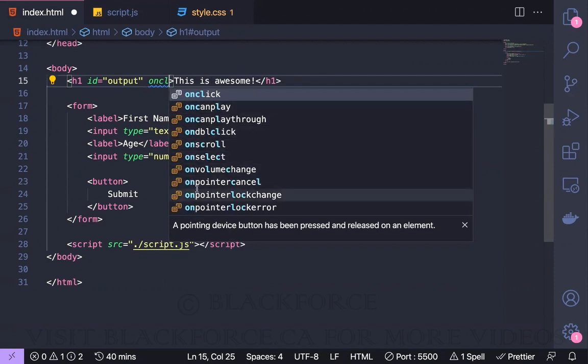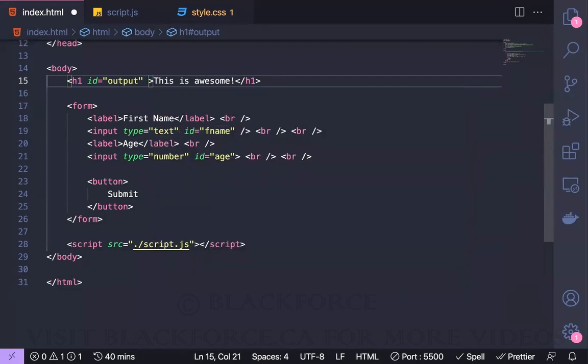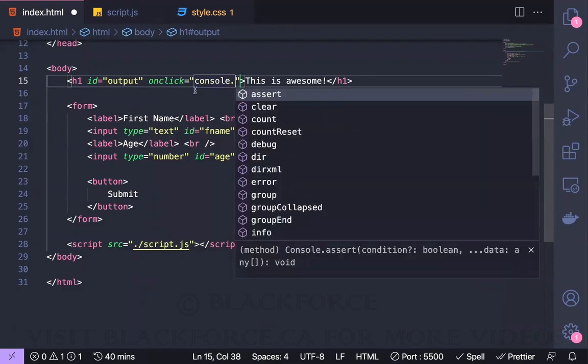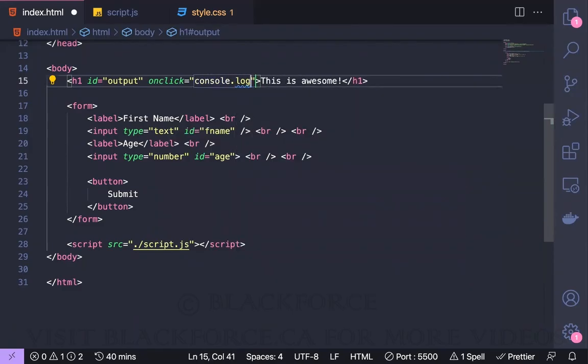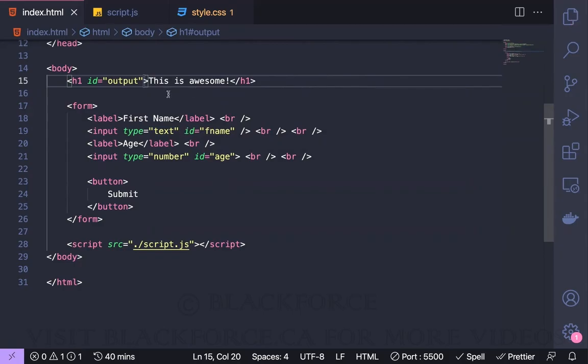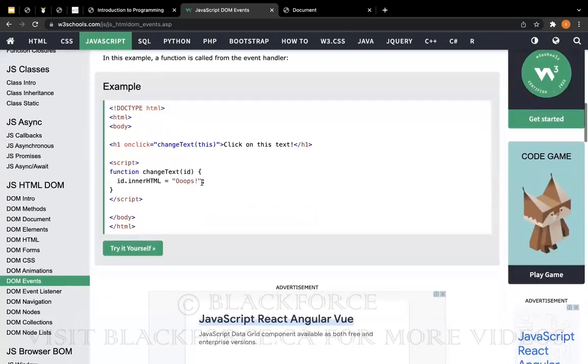All these are JavaScript attributes. So I can do on click directly here. And whenever this element is clicked, let me just do something. Let me see if I have access to console here. Okay, so this is going to throw an error. But basically, I can type in JavaScript directly on the HTML elements, but I don't want to do that for that example. So I'm going to go to the next way